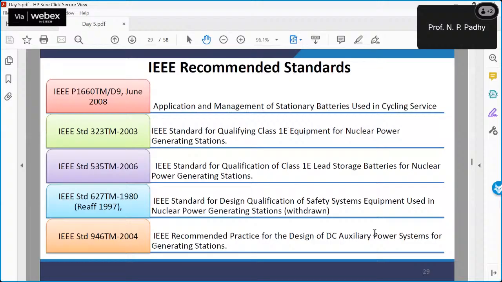Application and management of IEEE P1660. Similarly, the IEEE standard for qualifying Class 1 equipment for nuclear power stations, lead storage batteries for nuclear power stations, because these batteries are being used there. What with the temperature, whatever the voltage, whatever the duty cycle. So I strongly recommend all of you